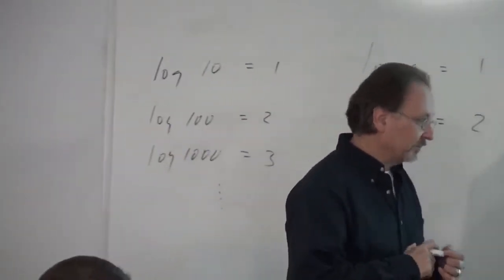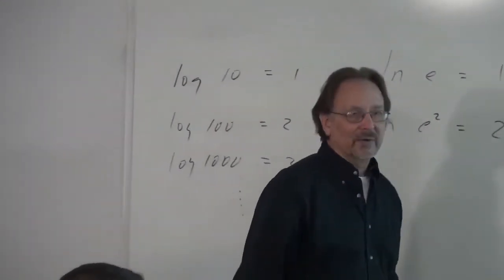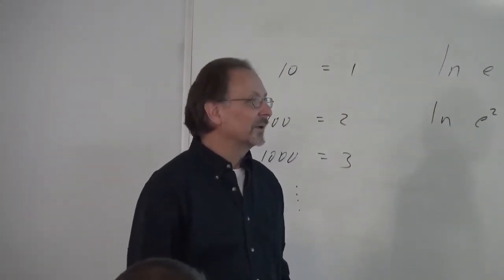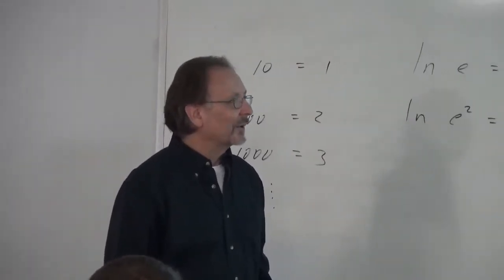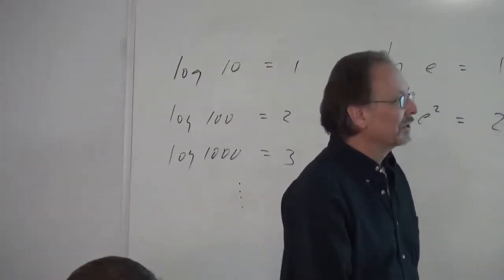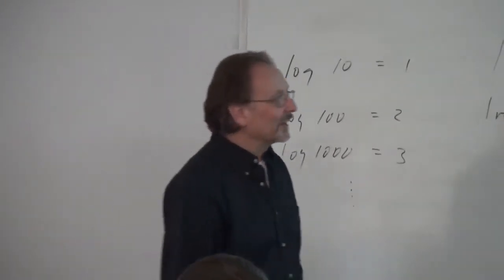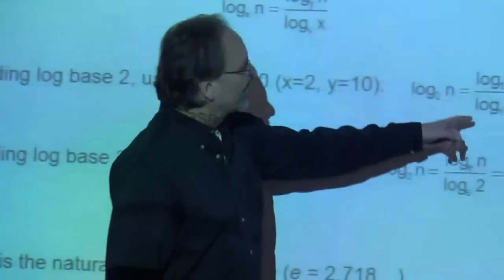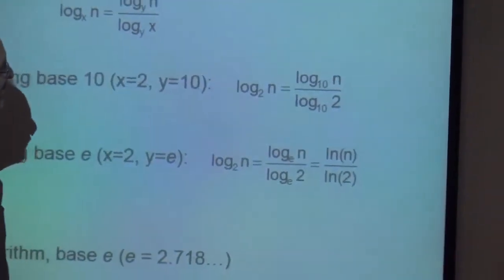Now, it's very frequently you need to find base 2 logarithms, for instance. It's a common requirement if you're working with reliability, for instance, or with decisions, because you're making binary decisions. You have to find base 2. Since base 2 logarithms aren't on your calculator, you can find the base 2 logarithm using base 10, or you can find it using the natural log.